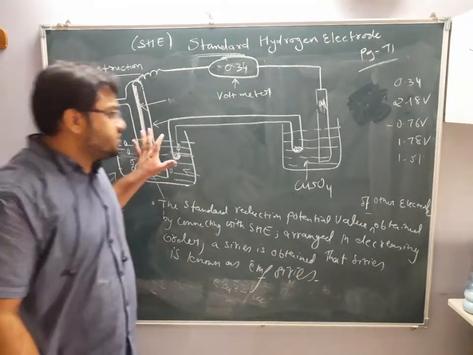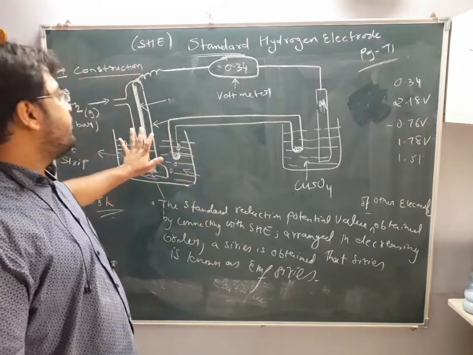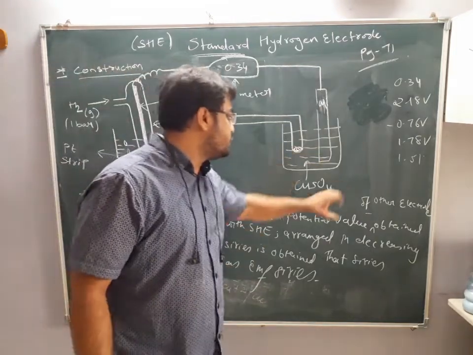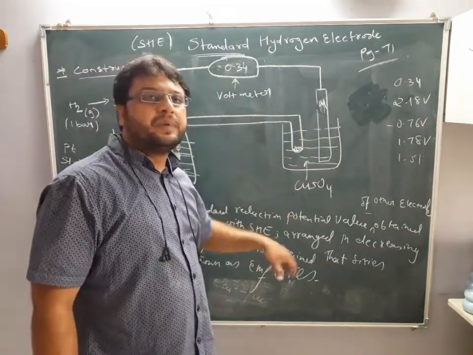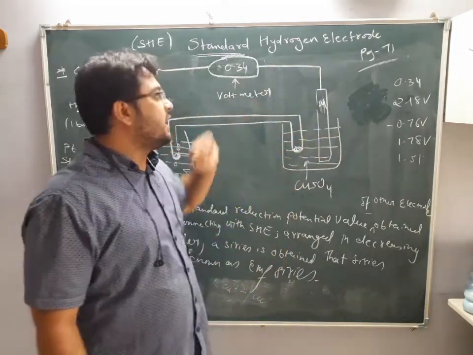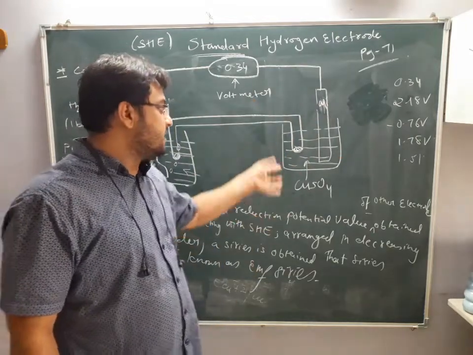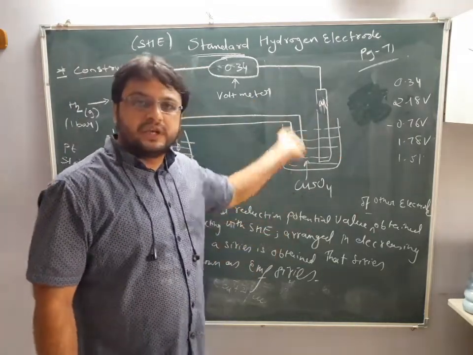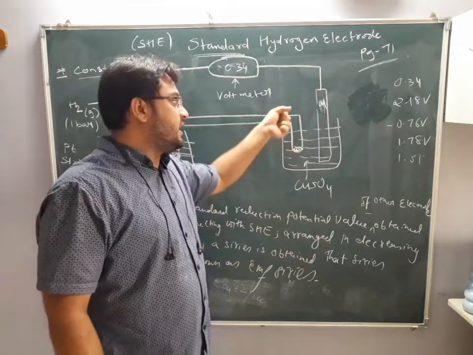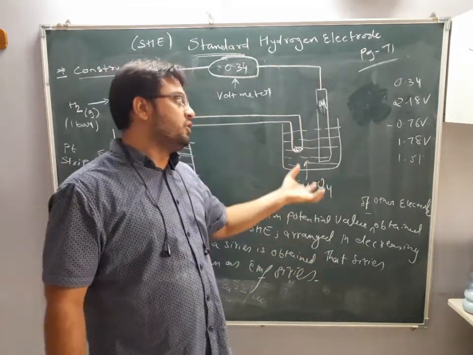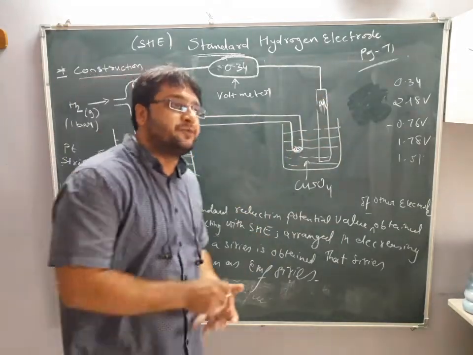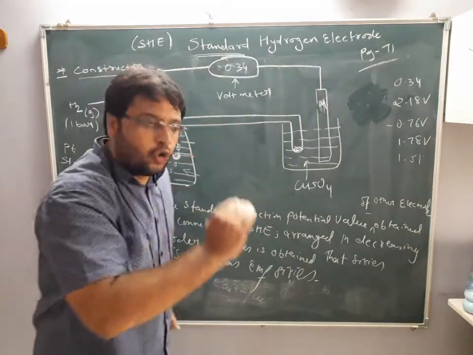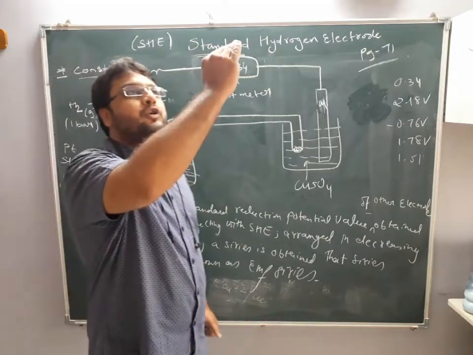Okay, I will not change this sheet. The standard hydrogen electrode will not be changed. What I will change is this portion. First I will keep cobalt, some value will be obtained. Then I will keep copper, some value will be obtained. Then I will keep iron, some value will be obtained. Then I will keep zinc, some value will be obtained. Then H2O2, some value will be obtained. That value, now I will start to arrange in decreasing order, that is from higher value to the lower value.